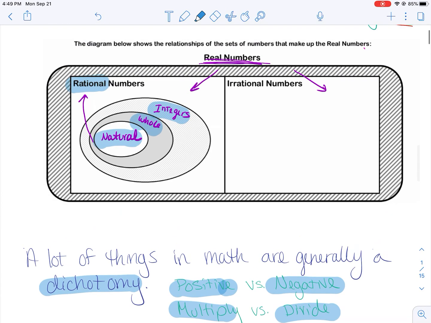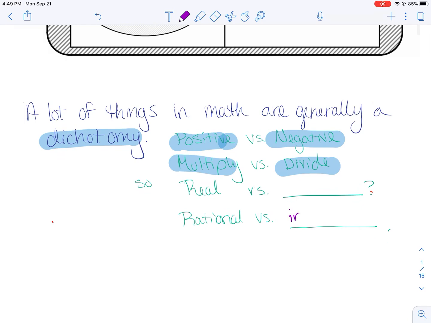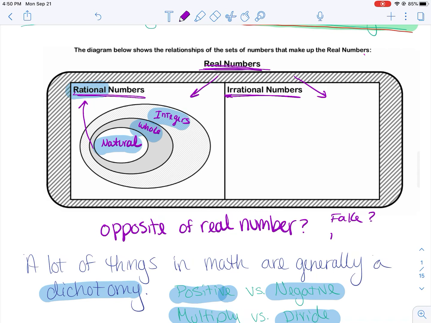When we look at this number set up here, we had rational numbers. What was the opposite of rational? It was irrational. That prefix IR is negating rational. So irrational is the opposite of rational. And then I want us to think about this here for a second. We have this whole number system that's called real numbers. What's the opposite of a real number? Right? Some of the answers you might be coming up with in your head are fake numbers, non-real numbers, and